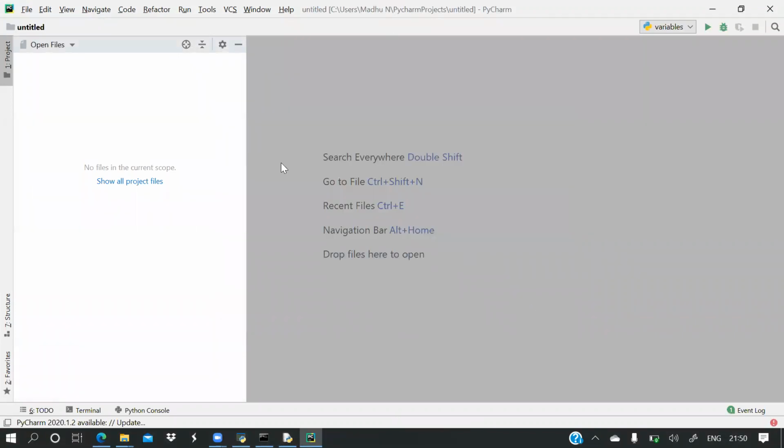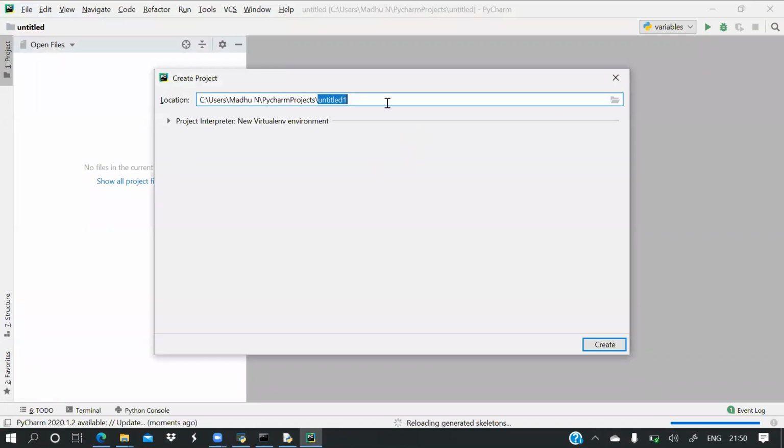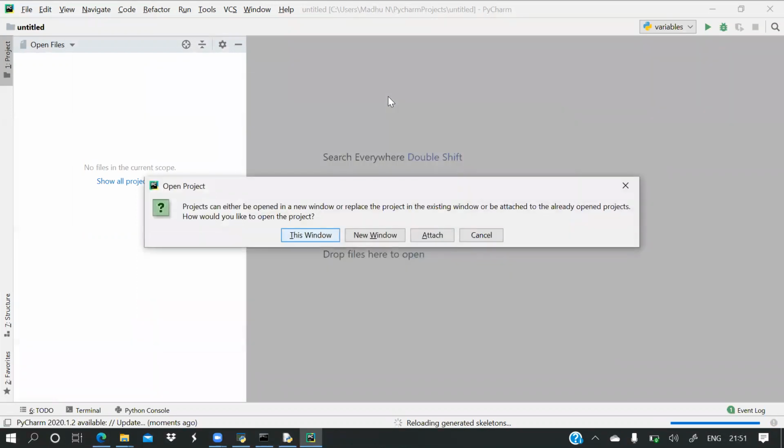Now just close this and you have to create a project. File, new project, and you have to name it, naming it as school Python. It is asking whether I have to open a new window or continue in this window.